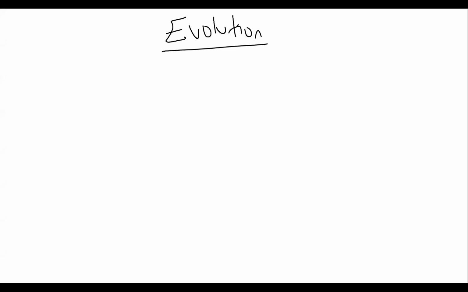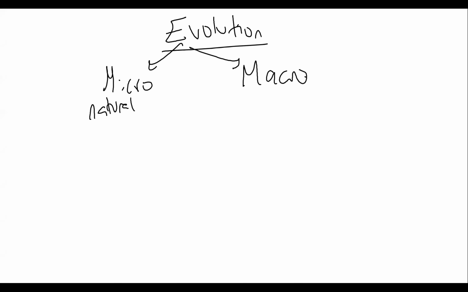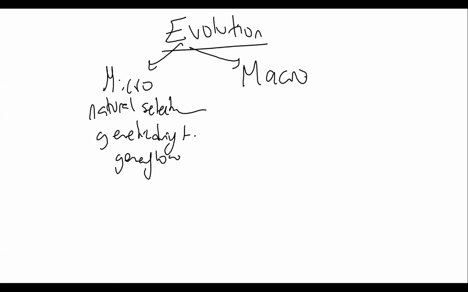We have the microevolution. We have the macroevolution. The microevolution are natural selection, genetic drift, gene flow, mutations. These are microevolution. Macroevolution means large-scale evolutions like speciation,